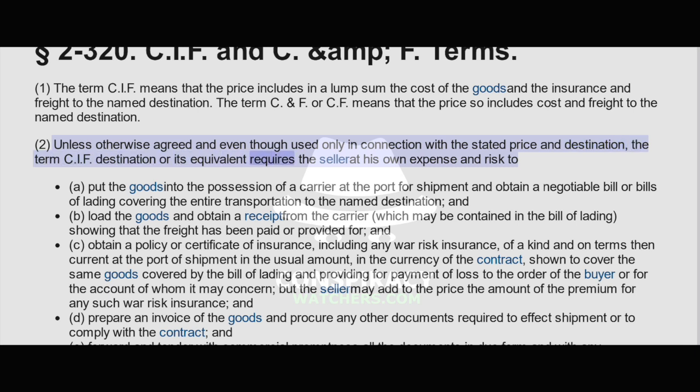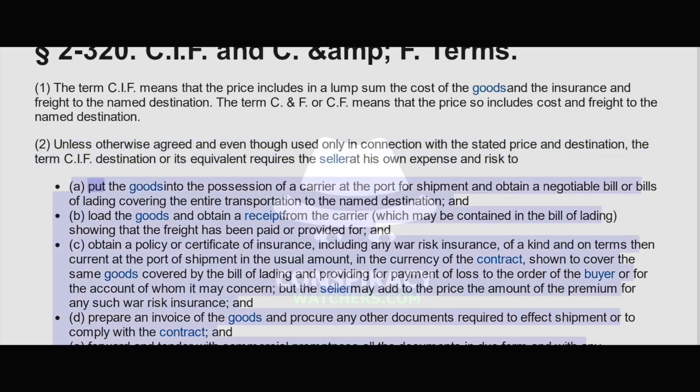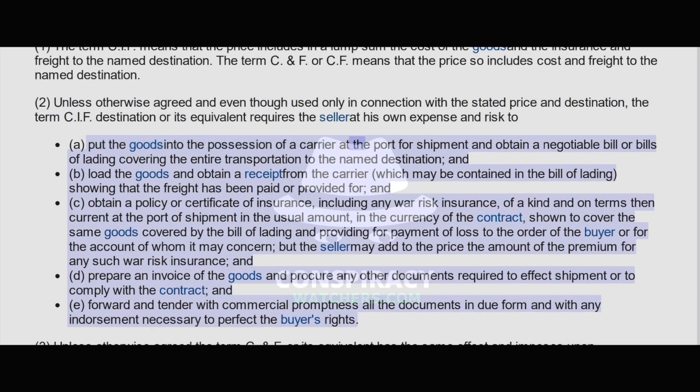or its equivalent requires the seller at his own expense and risk to put the goods into the possession of a carrier at the port for shipment and obtain a negotiable bill or bills of lading covering the entire transportation to the named destination, and load the goods and obtain a receipt from the carrier showing that the freight has been paid or provided for, and obtain a policy or certificate of insurance, including any war risk insurance, of a kind and on terms then current at the port of shipment in the usual amount, in the currency of the contract, shown to cover the same goods covered by the bill of lading, and providing for payment of loss to the order of the buyer or for the account of whom it may concern, but the seller may add to